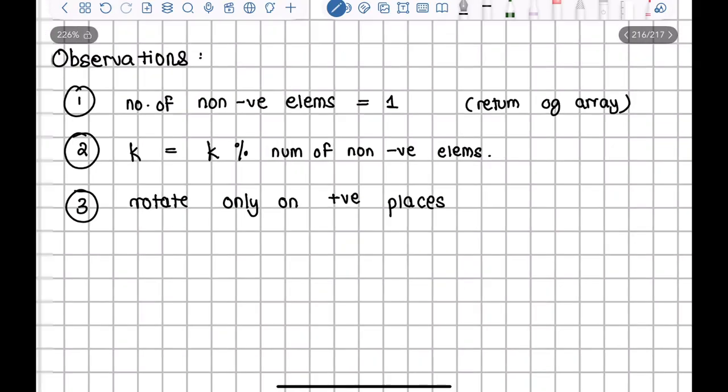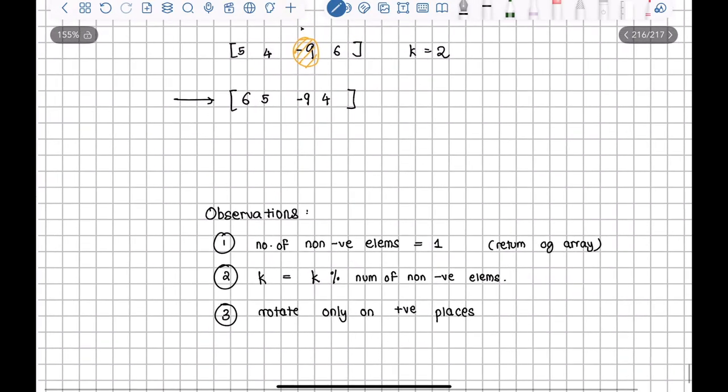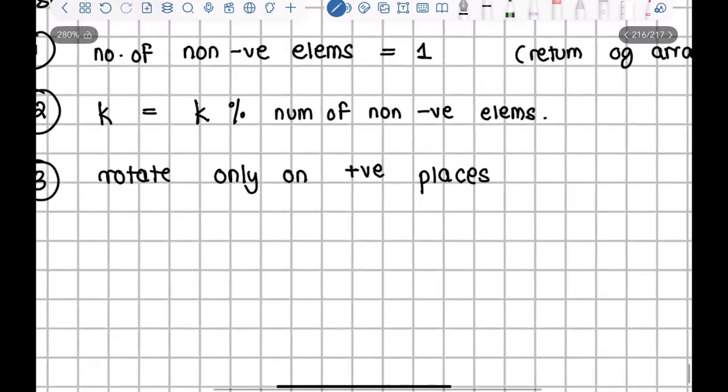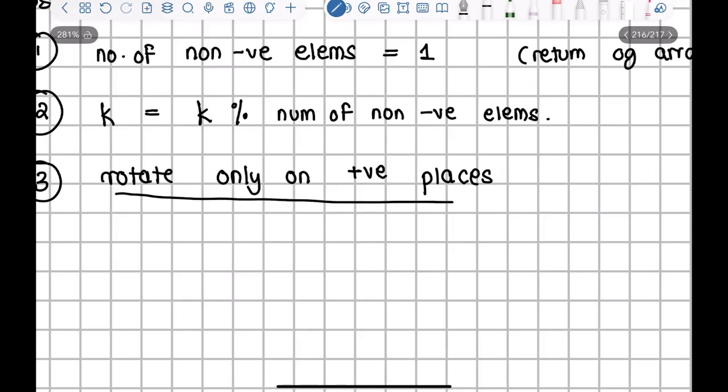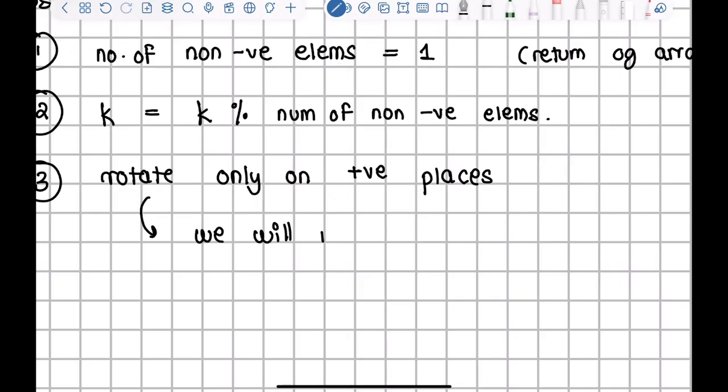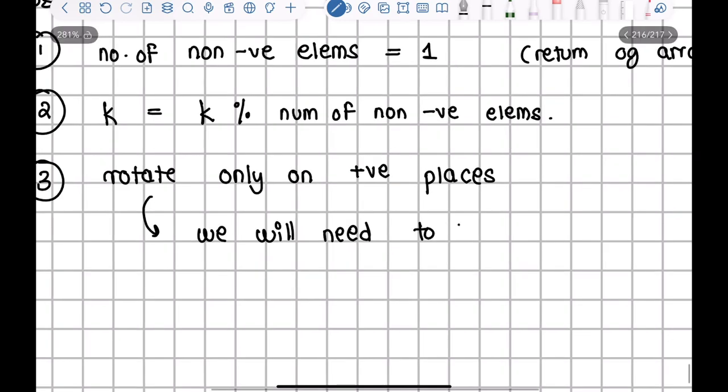That was my third key observation, right? So since we are rotating only on non-negative places, what will we need? We will need to keep a track